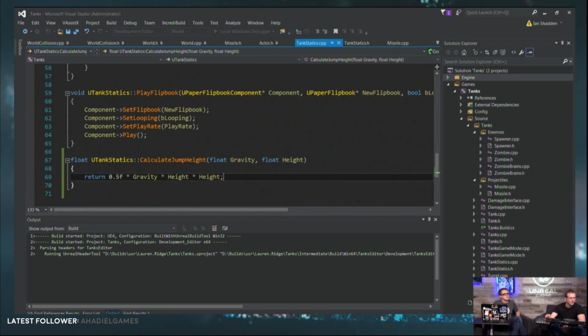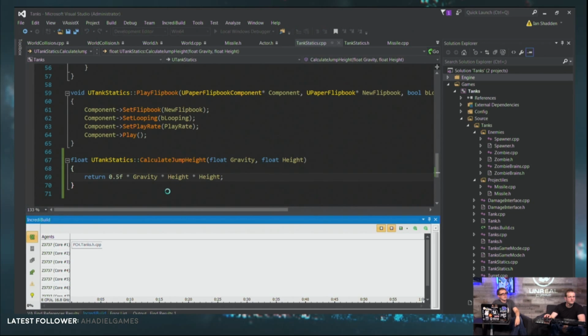So we should be able to hot reload that. I'm thinking more and more that this is incorrect because there should be some division somewhere, but I don't know. Normally this is the sort of thing that I would look up and then just type it in and then try it a couple times.